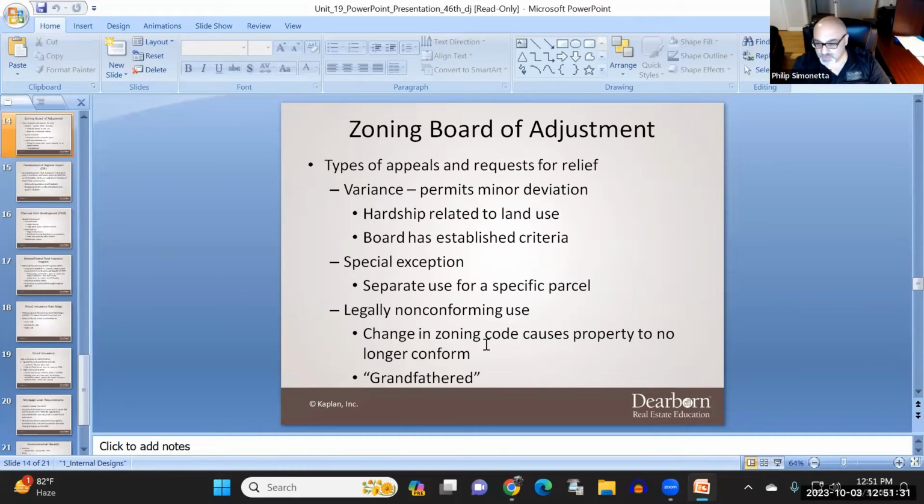However, if that bar was there before the school, it would be legally non-conforming use because it's grandfathered in. Does that make sense? It makes a lot of sense, yeah. That's called legally non-conforming because non-conforming means you can't do it. Legally non-conforming means you have it grandfathered in, and there was a special reason because that happened, right?